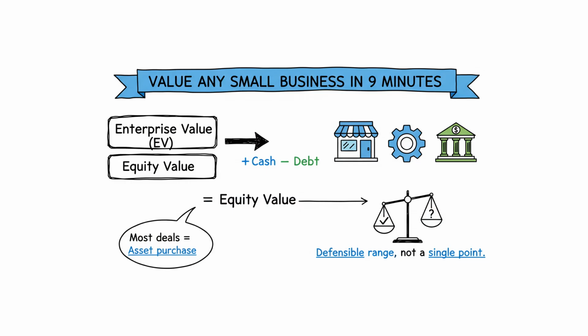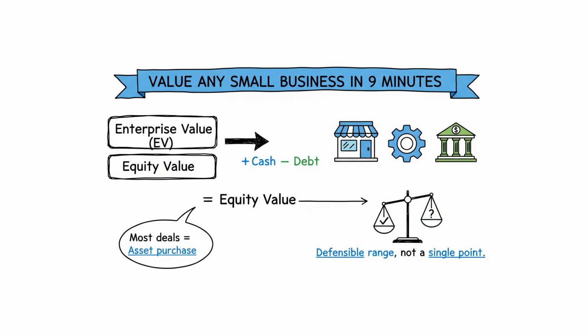First, separate enterprise value from equity value. Enterprise value is the worth of the operations before considering cash and interest-bearing debt. Equity value is enterprise value plus excess cash minus debt. Also set context. Most small business transactions are asset deals, where the buyer purchases operating assets and the seller pays